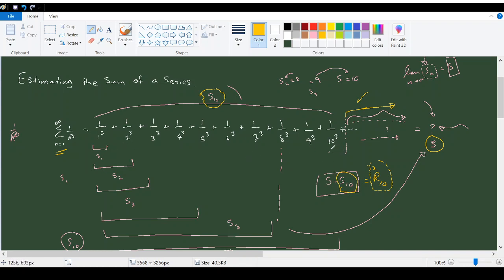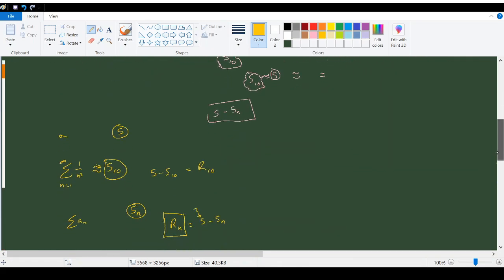Hence what we do is an approximation. We take the sum of finite terms, and as we cannot find the error exactly, we have some tools to determine